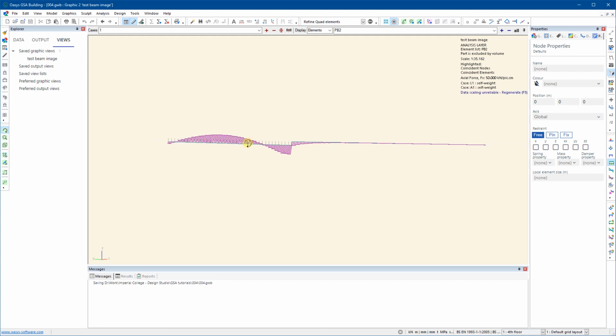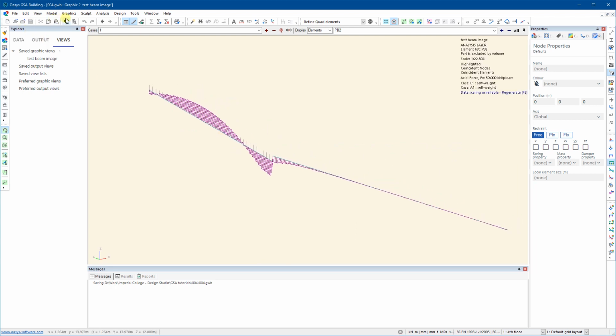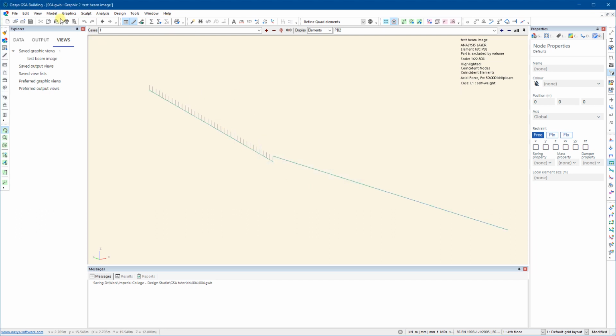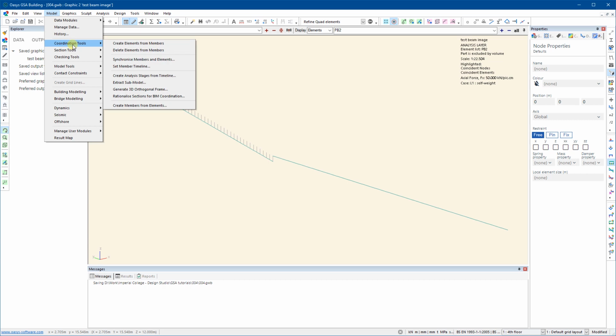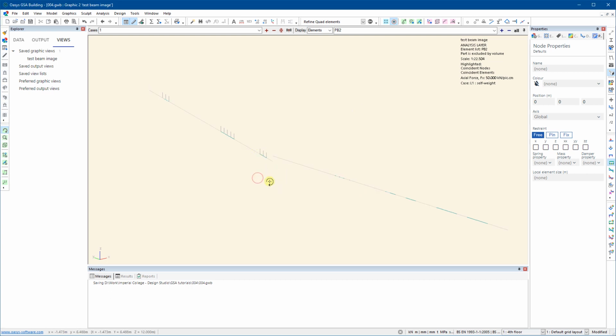So if you wanted to test that, I'm saying this is all because of the offset. So we can test that if I delete my analysis results. If I go to Model, Coordination Tools, delete everything. So again, that's deleted